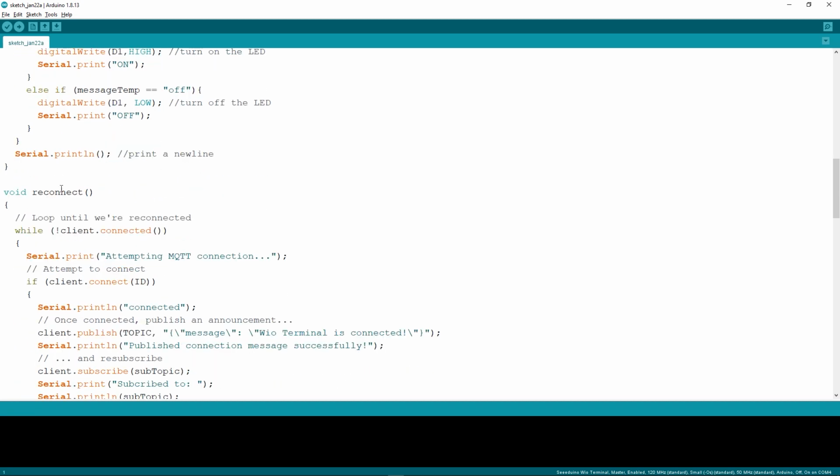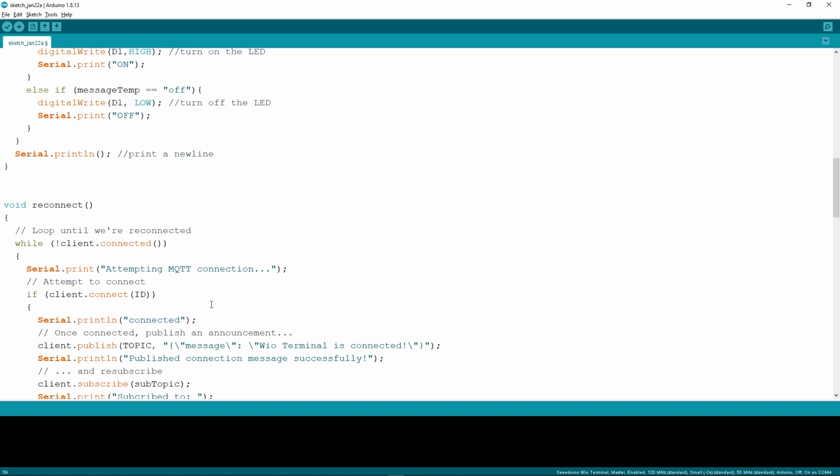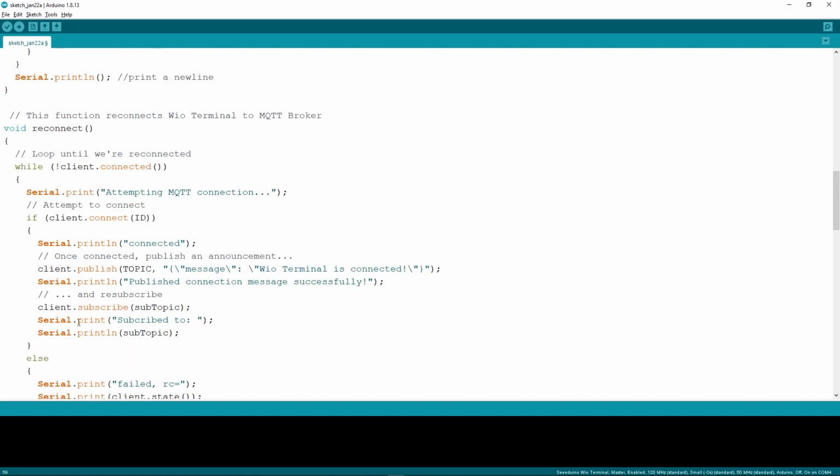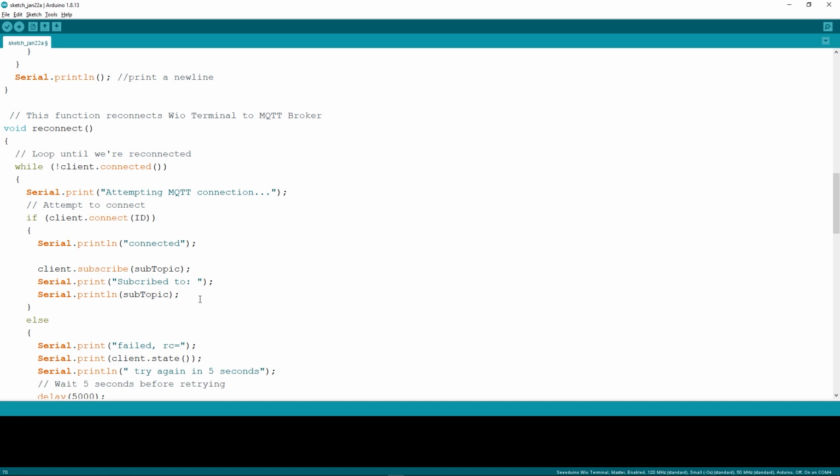Next, go down and move on to the reconnect function. So the reconnect function reconnects your wire terminal to your MQTT broker. So go down. So this will run until it's connected. So delete the codes from here, from once connected, from here to here, delete all the codes, and let's add a comment here.